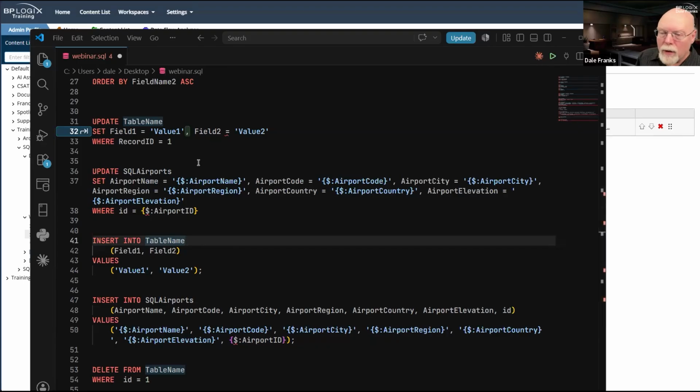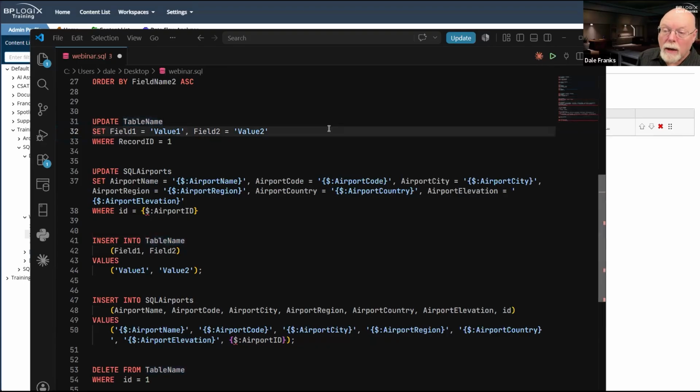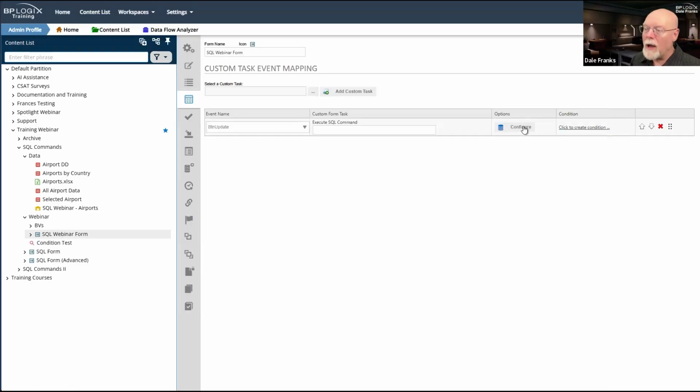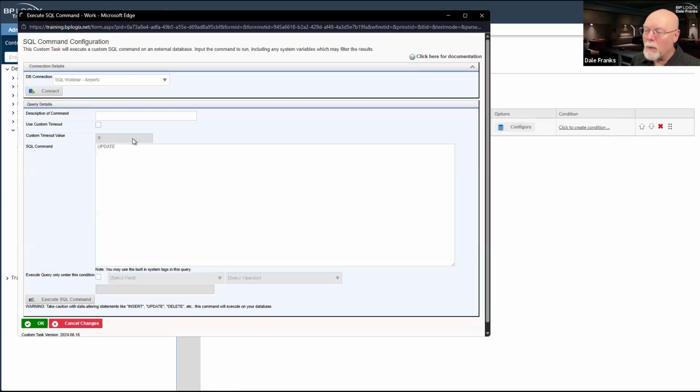However, I'm just going to go ahead and let it force me to put that comma back in. Whenever you're working in Process Director and you run over here and you say, okay, well, I want to configure this SQL statement, that's not going to happen in here.